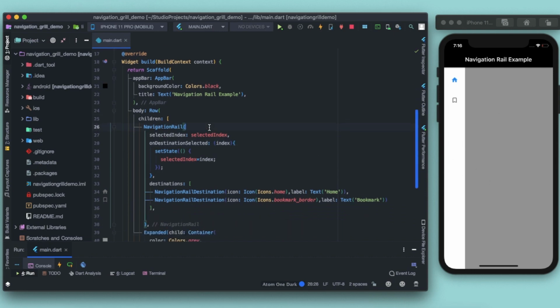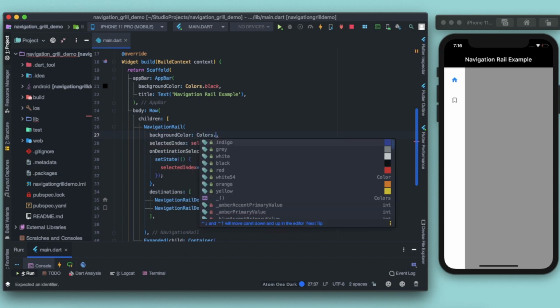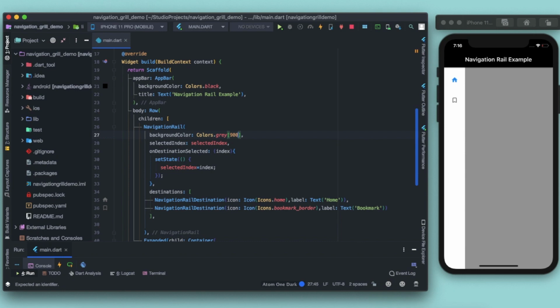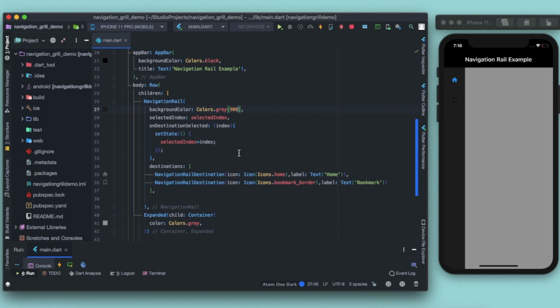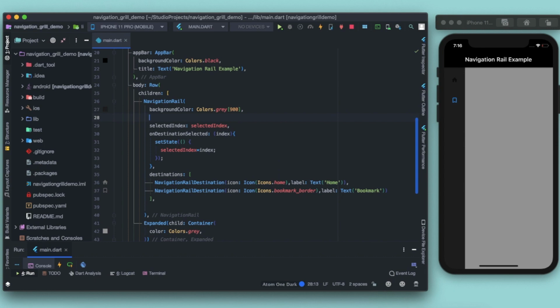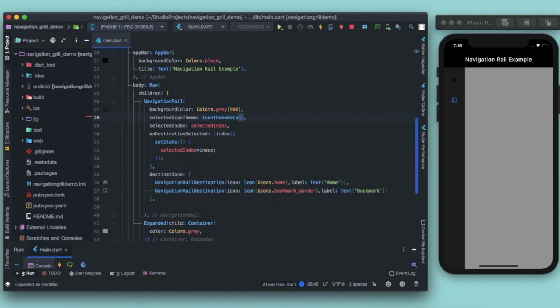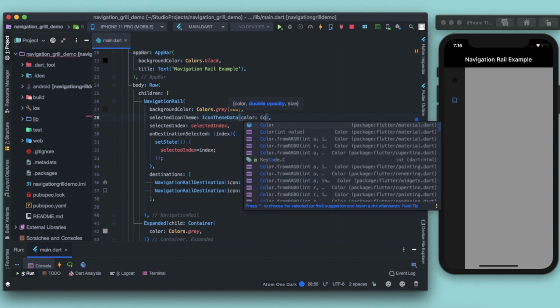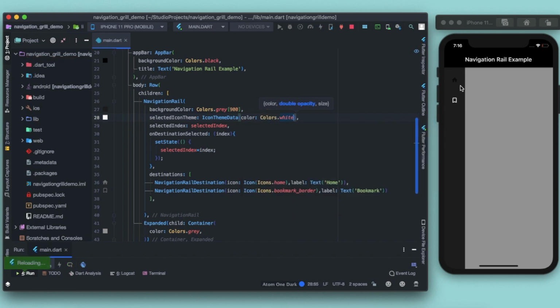Okay, now let's add some color to the navigation rail. To add some color to this navigation rail, we have a property known as backgroundColor. I'll give it a color of gray, a darkish gray, so I'll use the 900 shade. You can see that we have the color now. We can always customize these labels and text as well. So I'll write selectedIconTheme. It takes IconThemeData, and inside that we have a color property, and I'll set it as Colors.white, right? Save it, and now when you tap it, you can see that we have the white color as selected.